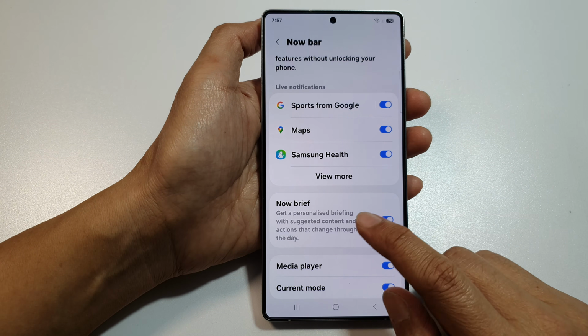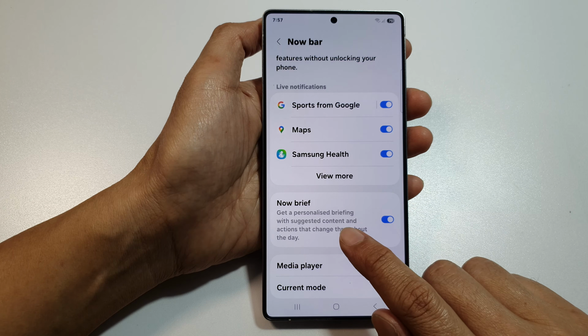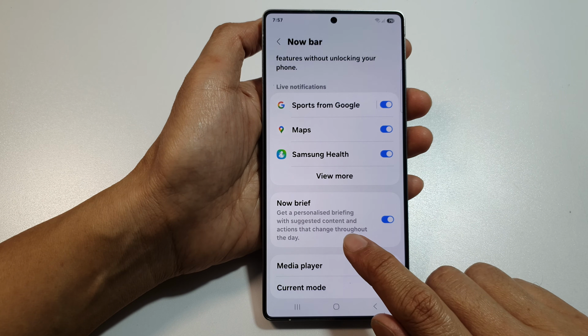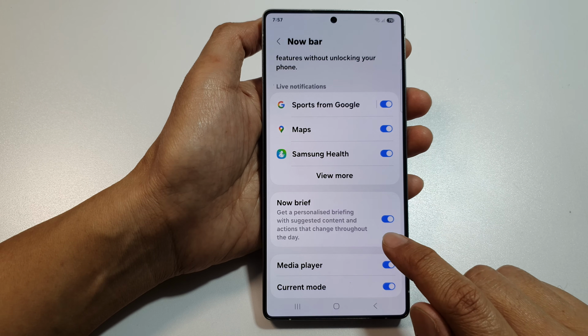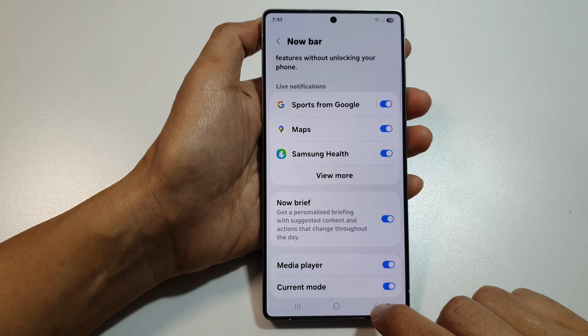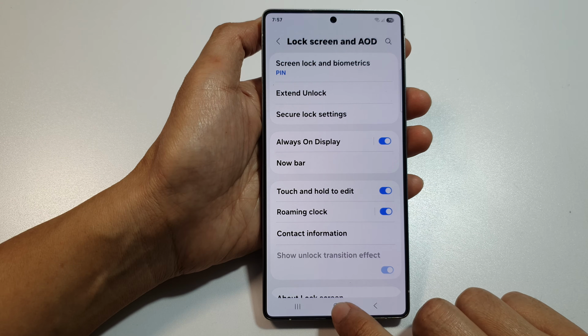Here, with Now Brief, you get a personalized briefing with suggested content and actions that change throughout the day. And that's it. After, you can tap on the back here or tap on the home button to return back